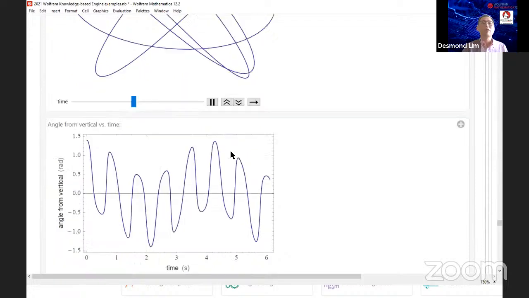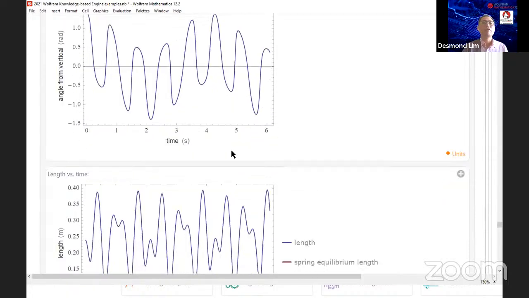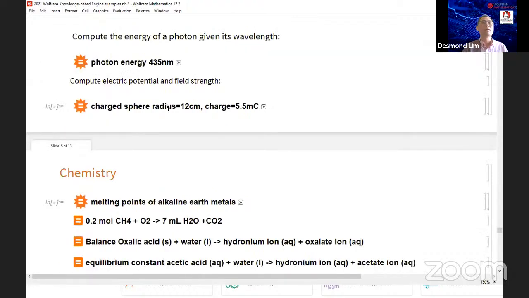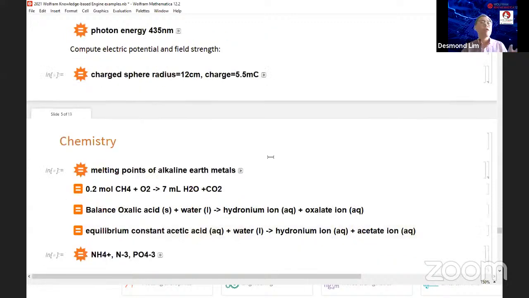This is for physics, and there are a lot of other things for physics as well, but I'm probably not going through every one of them. It can compute the electric potential and the field strength. Just type in your initial values, and you get it for us. And for chemistry,